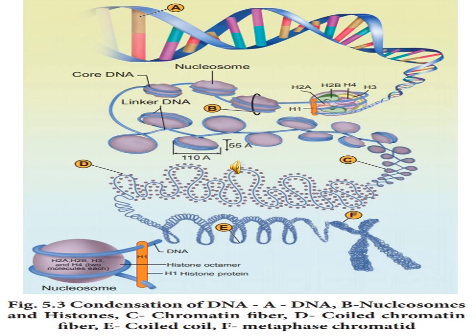So the solenoid fiber, the coiling beads helical structure, is called the 30 nanometer fiber, found in interphase chromatin. The mitotic chromosome and the interphase chromosome have a 300 nanometer coil, and the metaphase chromosome has a diameter of 700 nanometers. And second, H2A, H2B, H4, H3, these are all in the histone octamer.